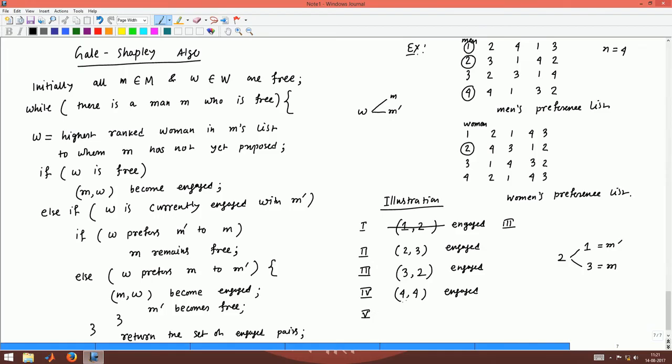Now, you can see that man 1 is free at this moment. So, you go to man 1 again and look at the woman in his preference list. The highest ranked woman whom he has not proposed to yet is 4. So, W will be equal to 4. So, 1 will propose to 4,